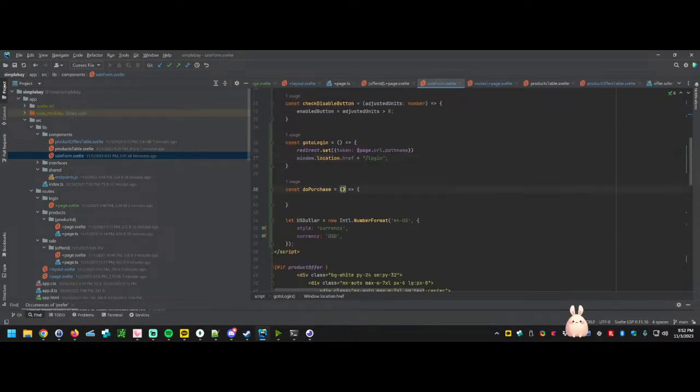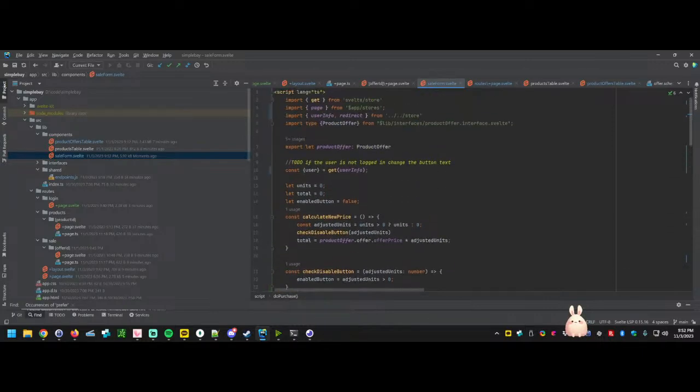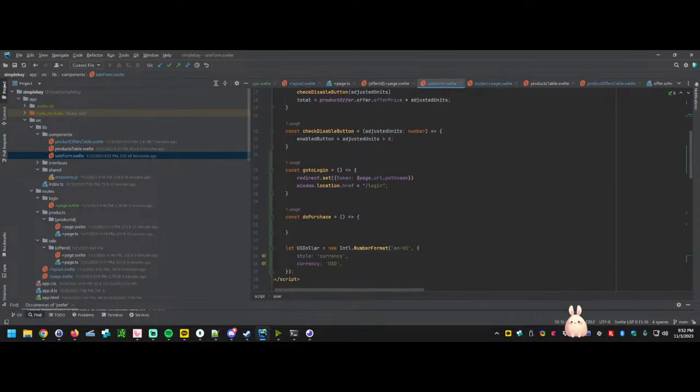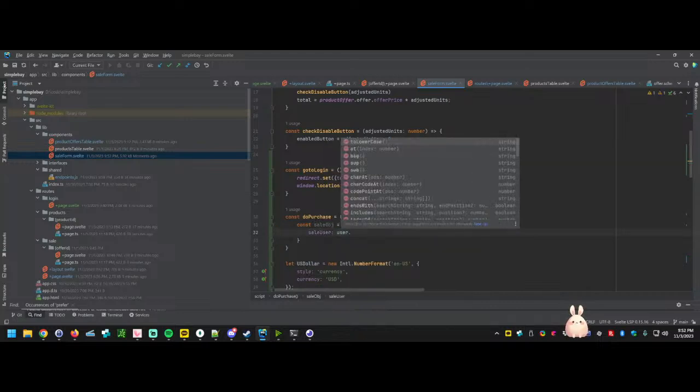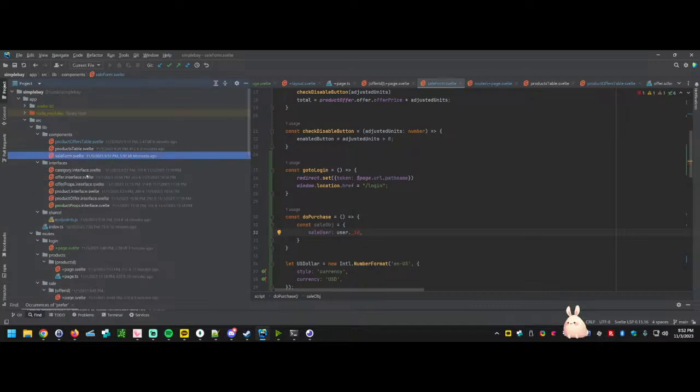So now the purchase part, where we grab all the information. So we need the user, and what we need for the post is the sale user. So const sale object is going to be equal to, we need a sale user, which is going to be equal to user._id. And I guess to make it easier on myself, I can create an interface for that. Yep, let's make a new interface file,